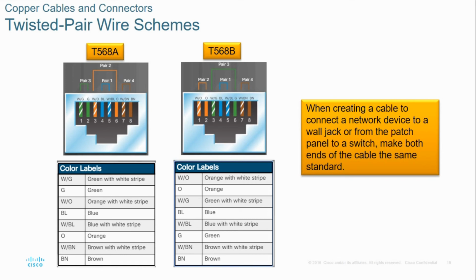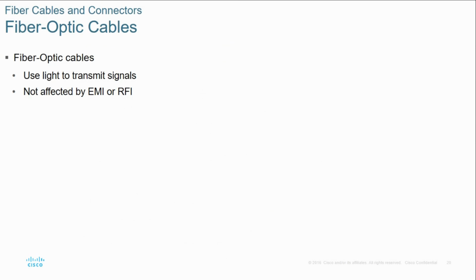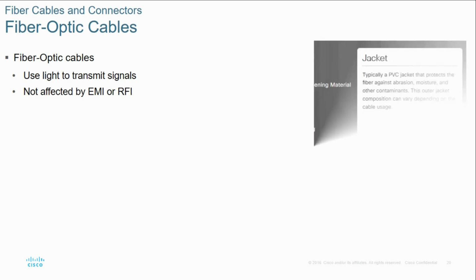Another cable that is common in our network infrastructure is the fiber optic cable. This type of cable uses pulses of light to transmit signals. This means that it is not affected by EMI or RFI, unlike twisted pair cables. It has a greater bandwidth than copper cables. It is composed of the following materials: